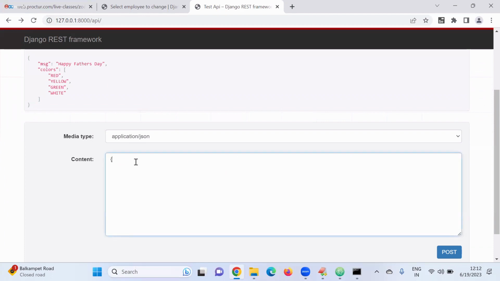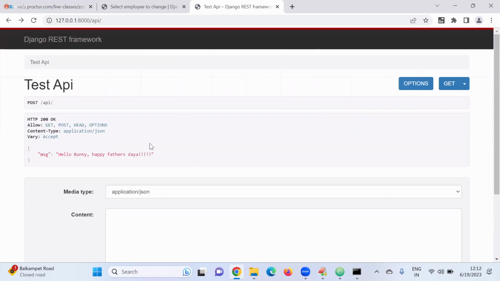Now, Bunny app. Based on requirement, anything we can do. In PUT, we have to update one or two fields, not records. Fields. If you want to change all fields,